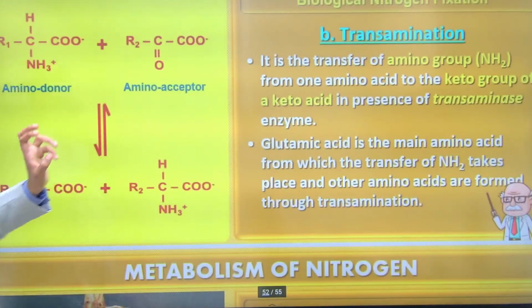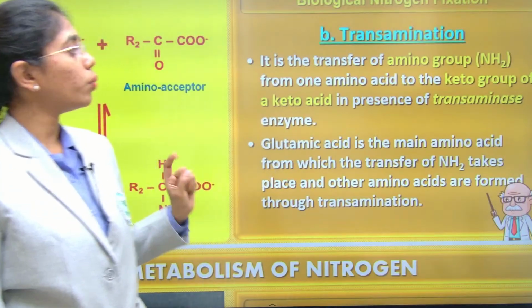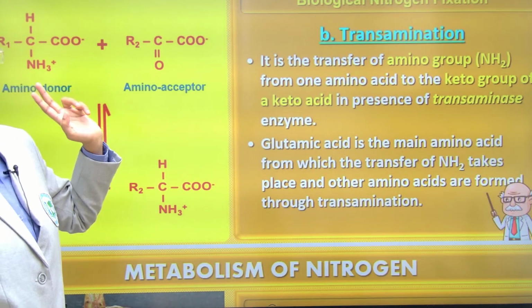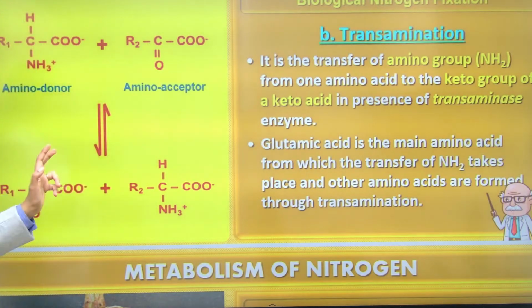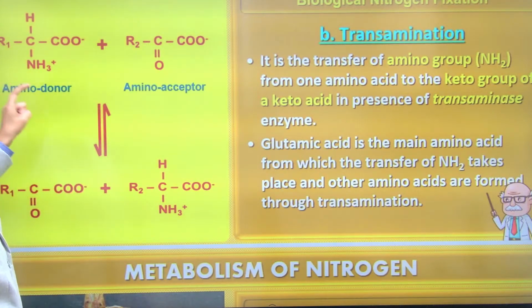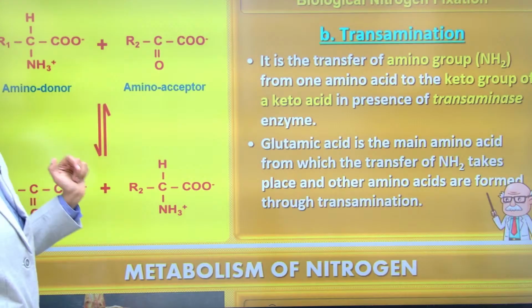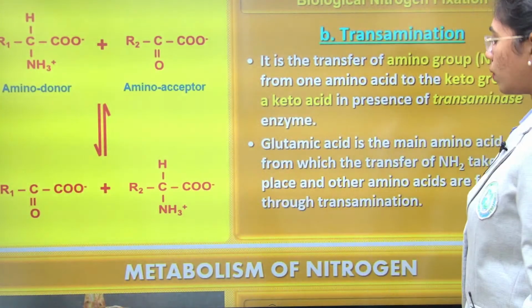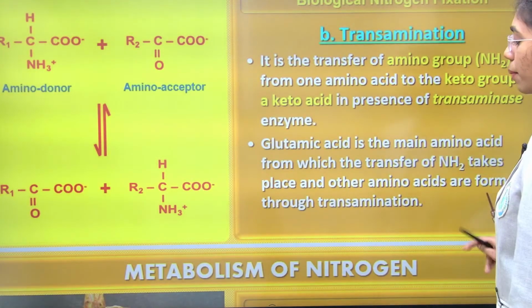Here we go with transamination. This is to transfer the amino group from one amino acid to the keto group of a keto acid, by the enzyme transaminase. The enzyme transaminase helps in the transfer of the amino group of one amino acid to the keto group of the next keto acid. Glutamic acid is the main amino acid from which the transfer of ammonia takes place, and another ammonia forms through